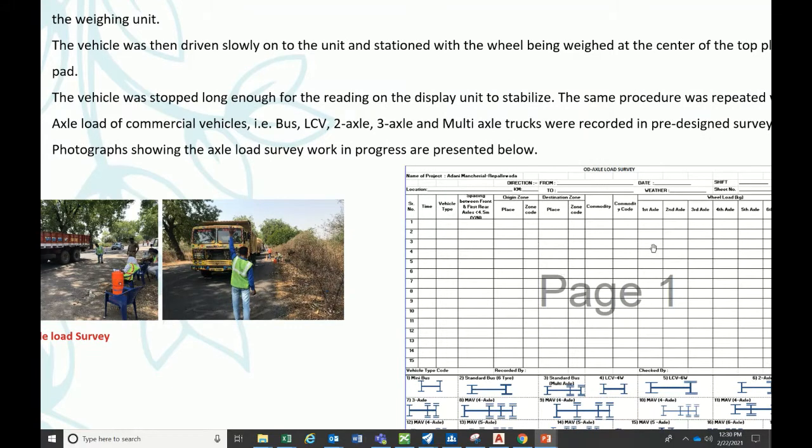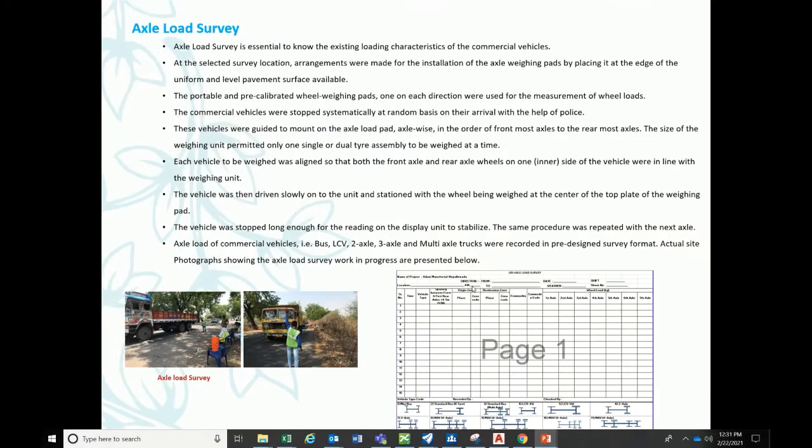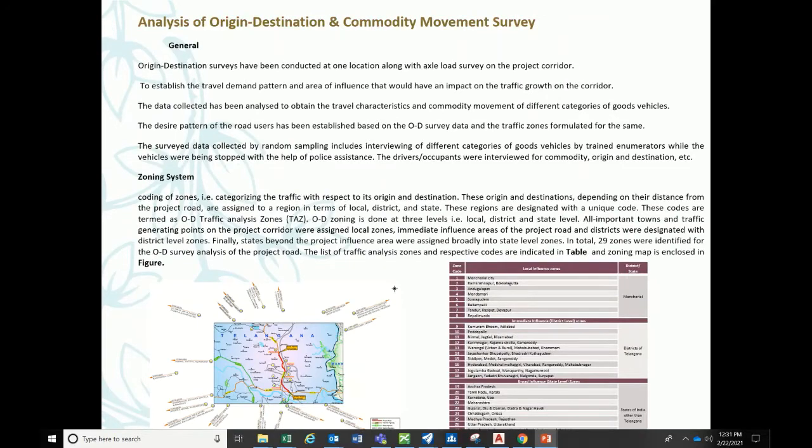Can you see in this format, origin zone and destination zone. So you just need these details. Normally, whoever is doing the axle load survey, there is one more person allotted to inquire the details from the driver or a helper. You will just ask where you are coming from, where you are going, and what type of commodity you are carrying. That's it. These three details are enough to carry out the origin and destination survey analysis. So let's go to this slide.